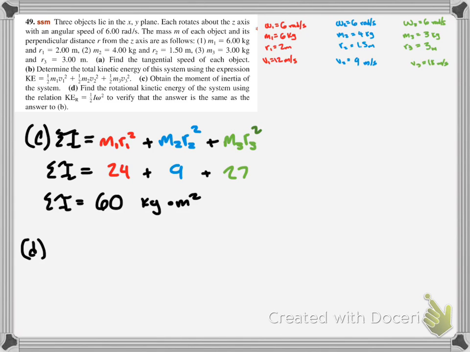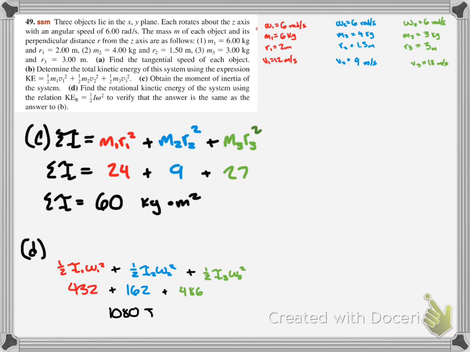Okay, now we do part D. And part D says to find the rotational kinetic energy of the system. So we can do this two ways. Here's the first way. You find the rotational kinetic energy for each individual object and then you add them. So that's what we're going to do. So half of inertia omega squared plus half of inertia omega squared plus half of inertia omega squared, and then you plug in for the values and you get those, and then you add and you get 1080